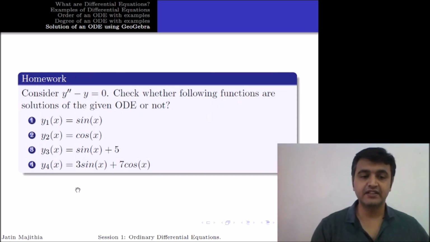If all these things are clear, make sure you take this differential equation and verify whether these are solutions or not. sin x, cos x, sin of x plus phi in the last one. And tell me which of them forms a solution, like option 1, 2, 3, 4. Among them, which form the solution and which do not form the solution.